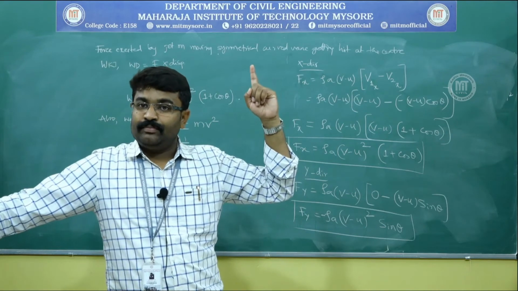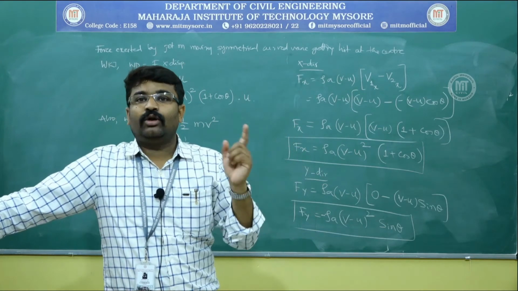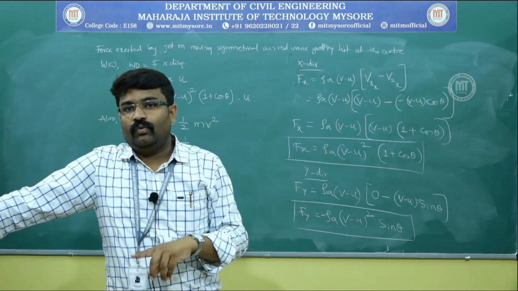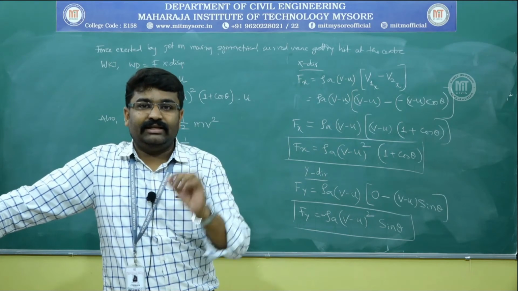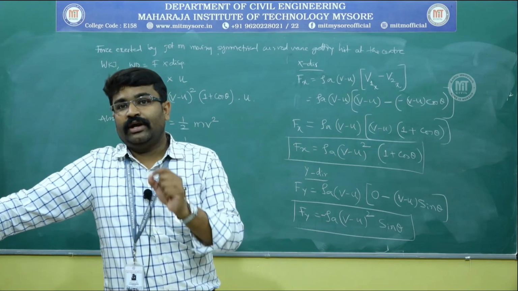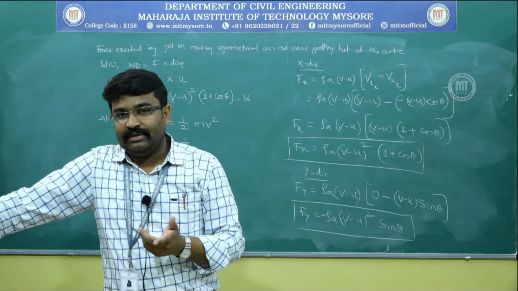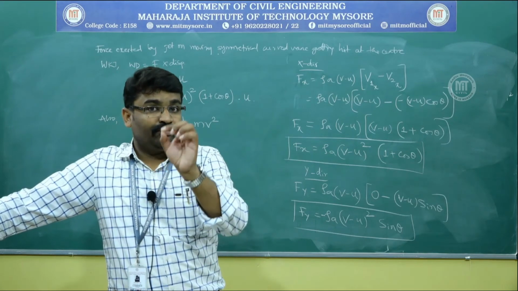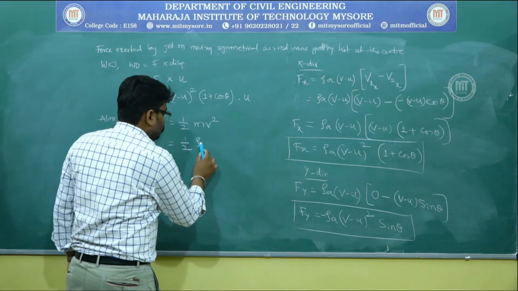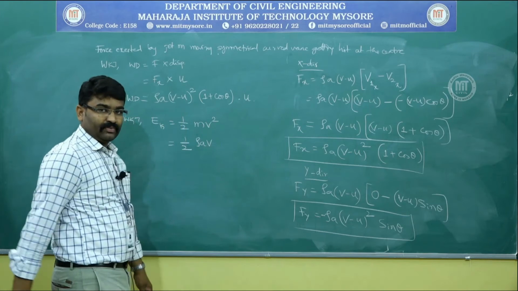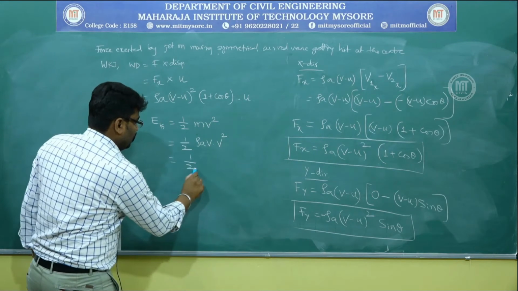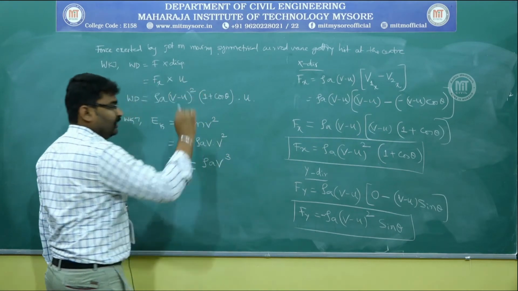Mass was found out from mass density, which meant rho is equal to mass by volume. So mass is equal to rho into volume. When you have mass, it can be written as rho into volume. But when you have mass per time, it has to be written as rho into volume by time, where volume by time is nothing but discharge. So taking a clue from there, you can write mass as rho into A into V, whole multiplied by V square. So this is nothing but half rho A V cube.